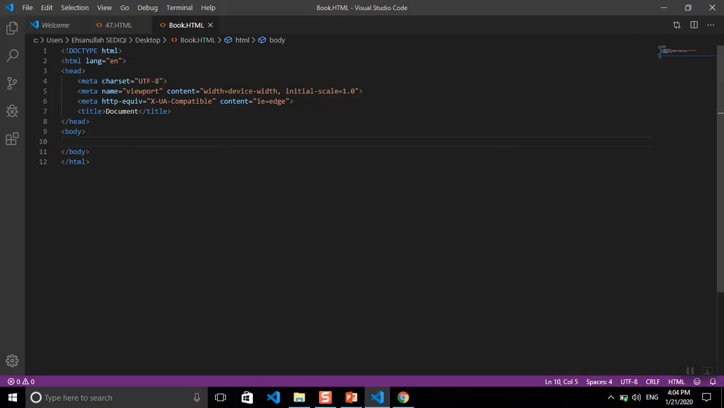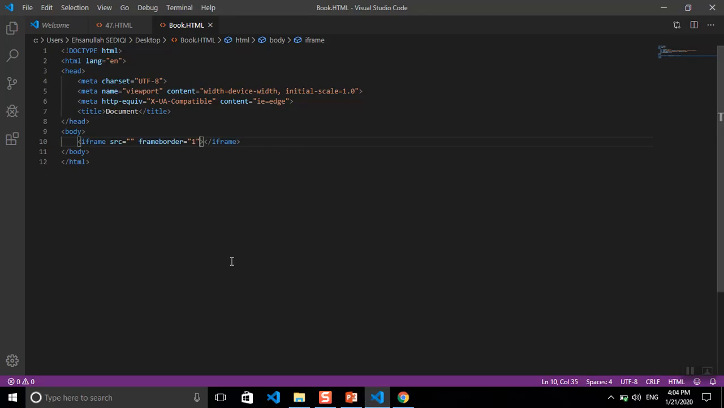So guys, here at first we type iframe to open the iframe tag. Here we can set the border of the iframe and which type we want. So you want to type 1 and see what happens. As you see, guys. And also we can use the